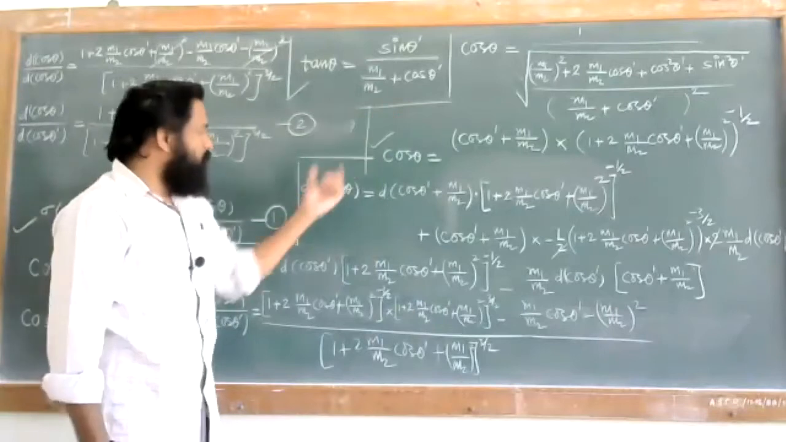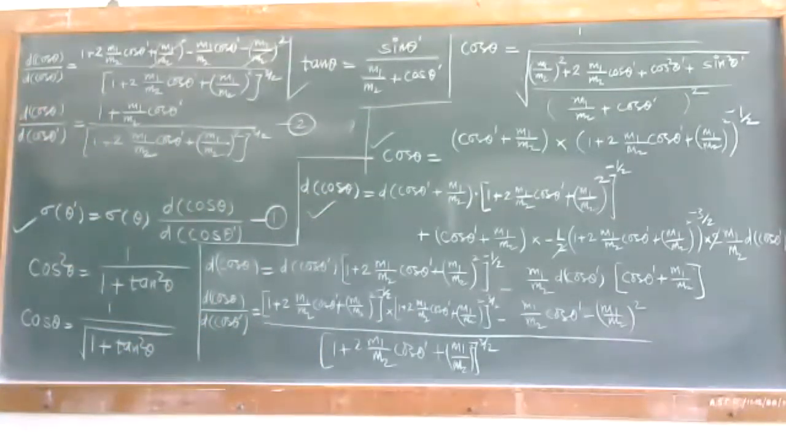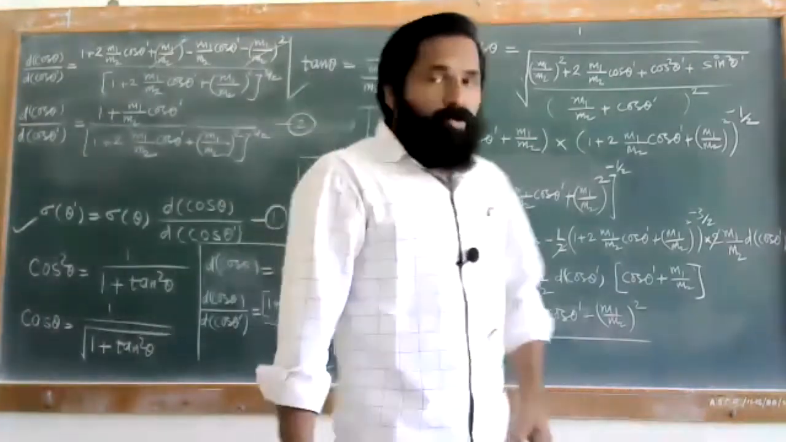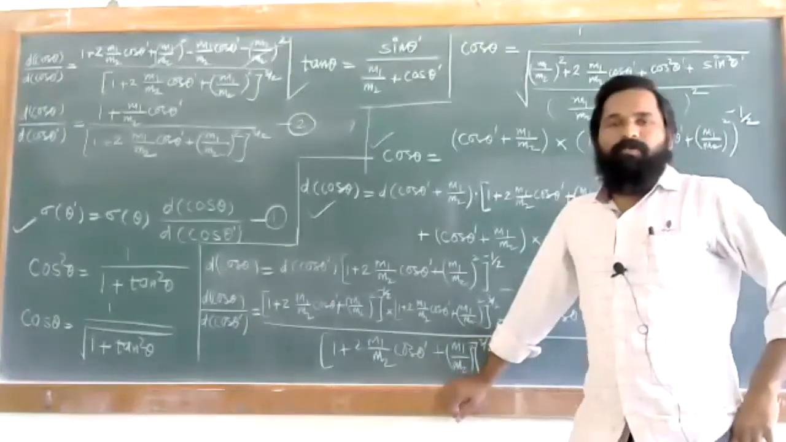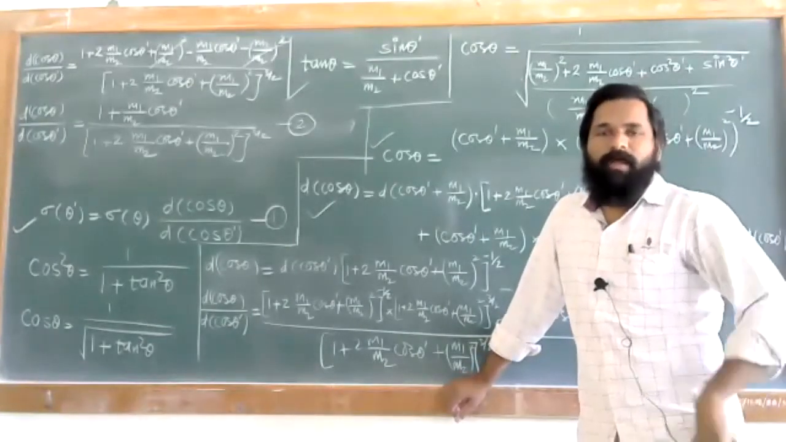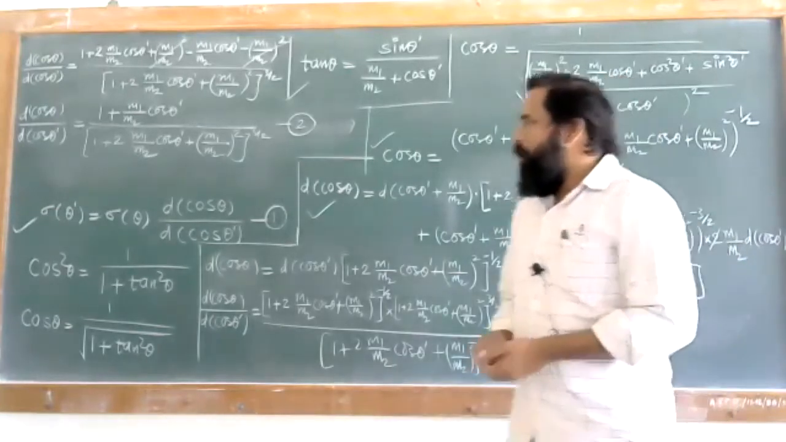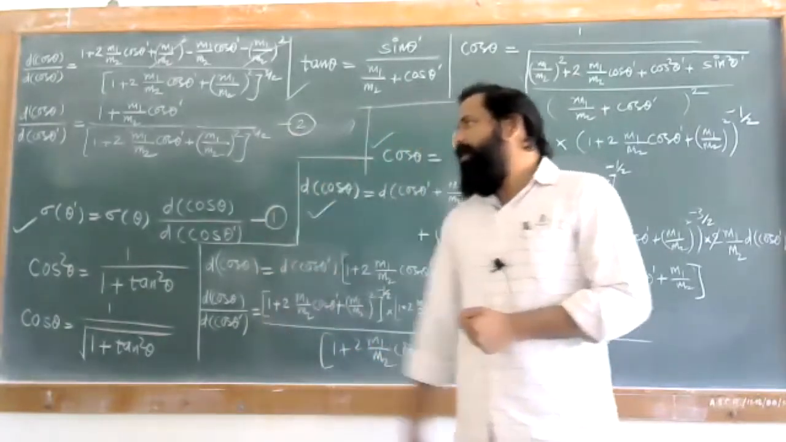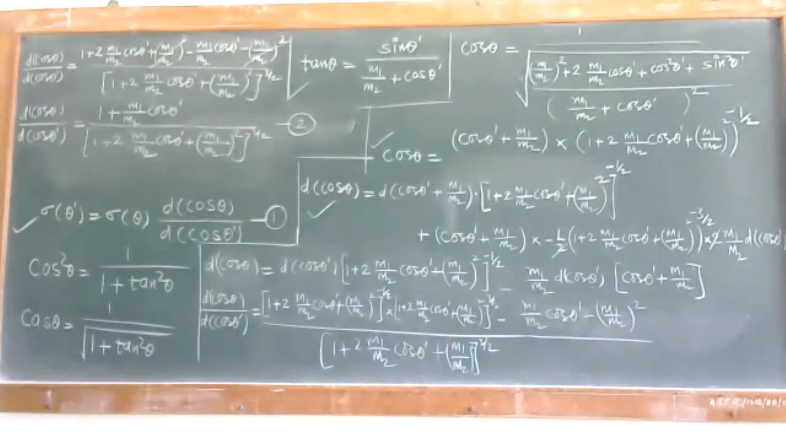We came up to here, and here we took the derivative and just solved the derivative, and so we obtain the relation, that is derivative of cos theta upon derivative of cos theta dash is nothing but 1 plus m1 upon m2 into cos of theta dash divided by 1 plus twice m1 upon m2 cos theta dash plus m1 upon m2 bracket square raised to 3 by 2. Now we'll have to put this equation number 2 in equation number 1 and we'll obtain the relation for sigma theta dash, and the final relation for this is given like,